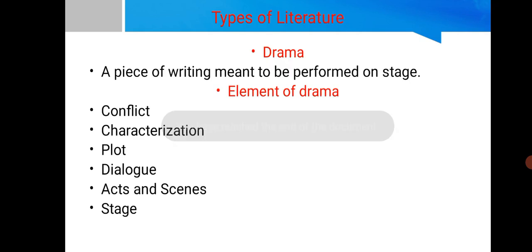Now, let's look at the types of drama. Basically, we have three types of drama. We have comedy, we have tragedy, we have tragicomedy. Now, comedy is a type of drama that ends on a happy note. So when you read the book or when you watch the act on stage, it ends on a happy note